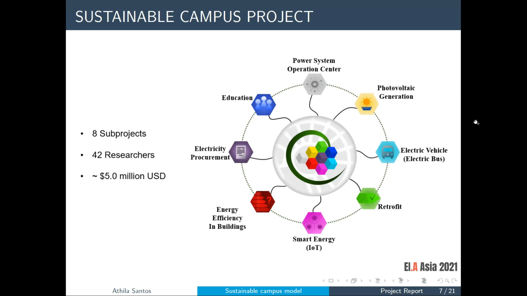So most of the investment so far is done for photovoltaic generation, but we also have electric mobility. So inside the campus, we have some electric buses, and the idea is that instead of using diesel, we change that for chargeable electric buses and try to reduce the emissions of the transportation inside